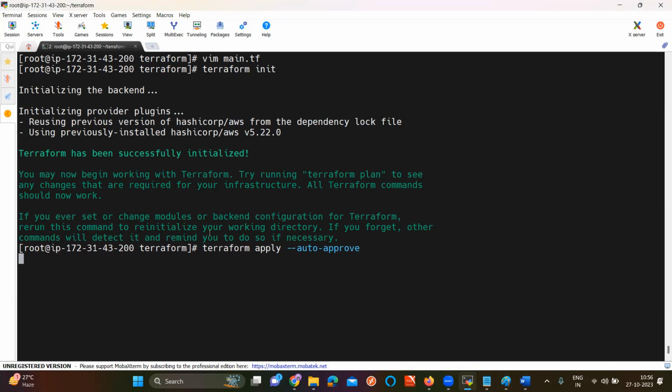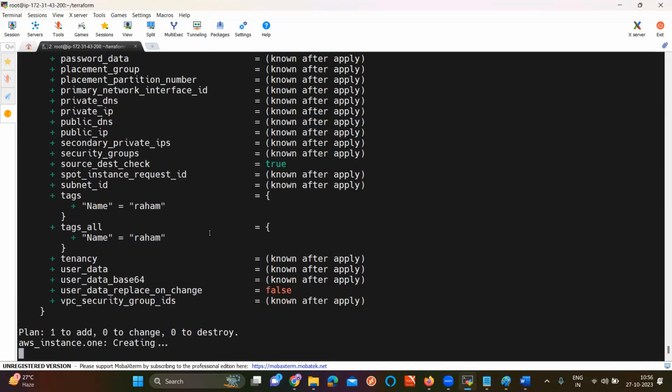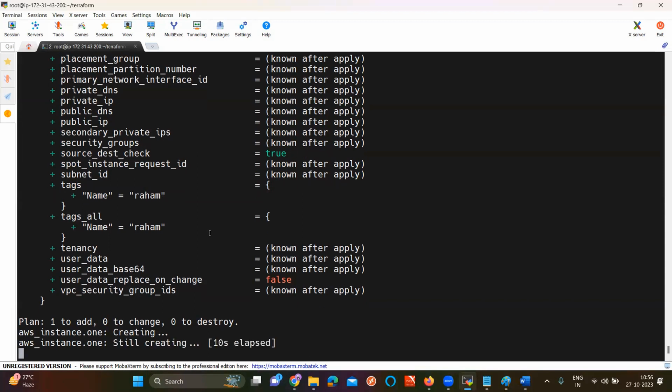Apply is going to create the server. Sir, if I give destroy, the server needs to be deleted, right? It will not delete now, because in the lifecycle rule I have given prevent_destroy is equal to true.